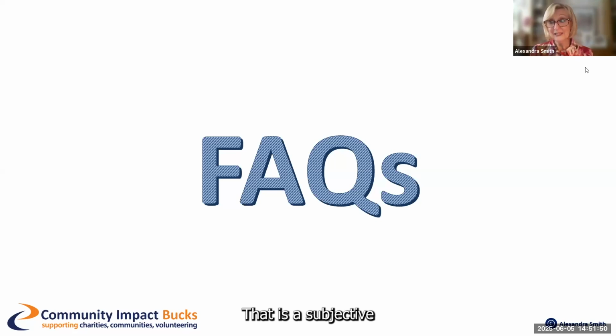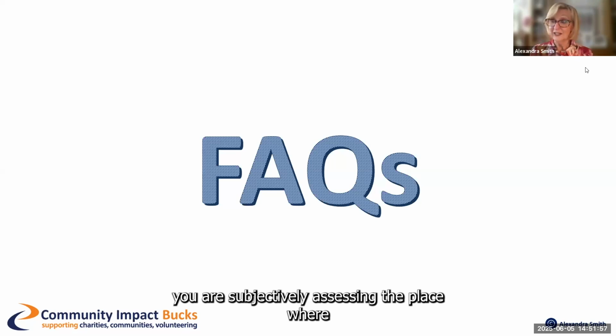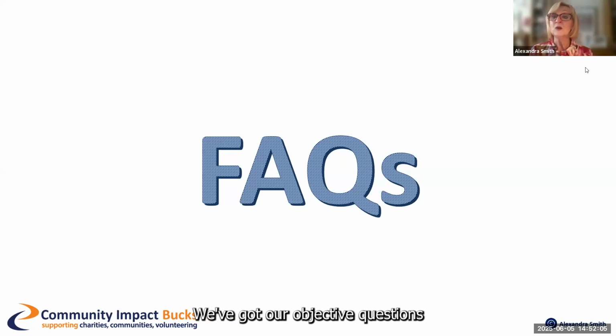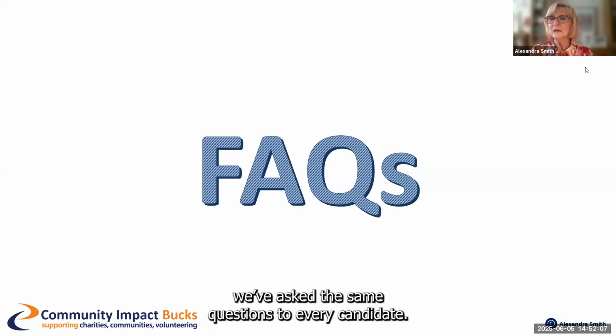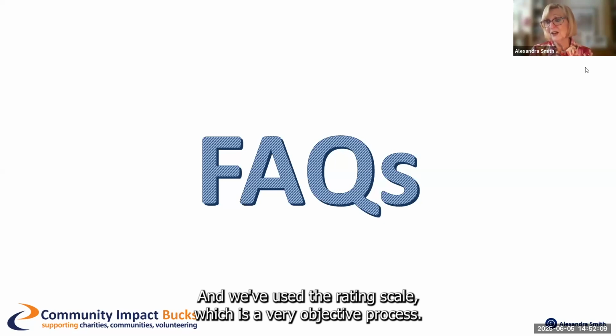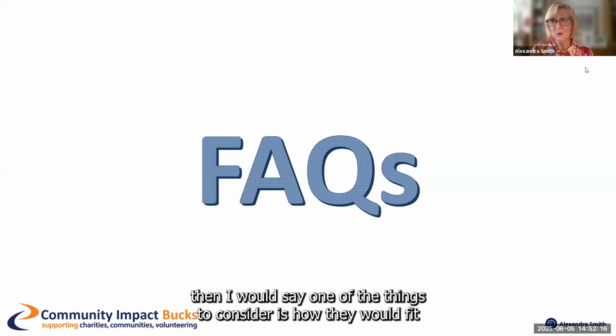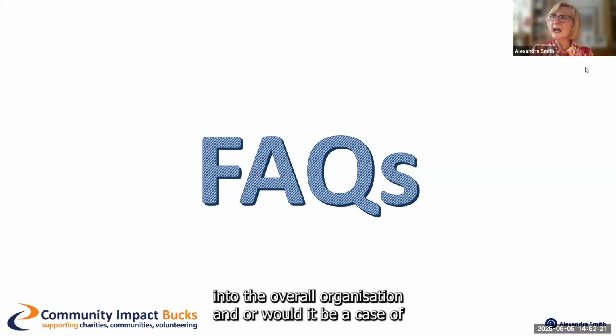Now that is a subjective assessment, whereby you are subjectively assessing the person, where what we have done previously is used an objective process. We've got our objective questions, we've asked the same questions to every candidate, and we've used the rating scale, which is a very objective process. But if you have tying candidates, then I would say one of the things to consider is how they would fit into the overall organization, or would it be a case of